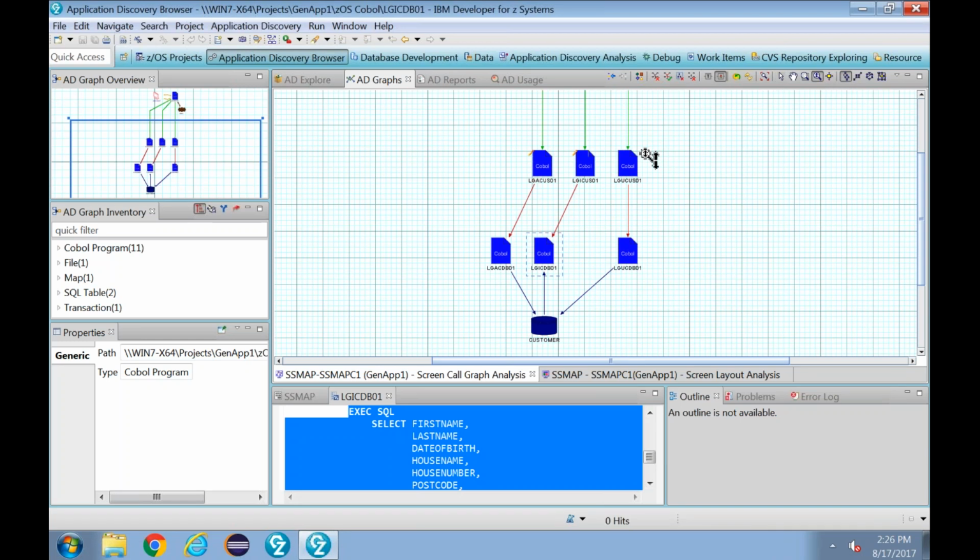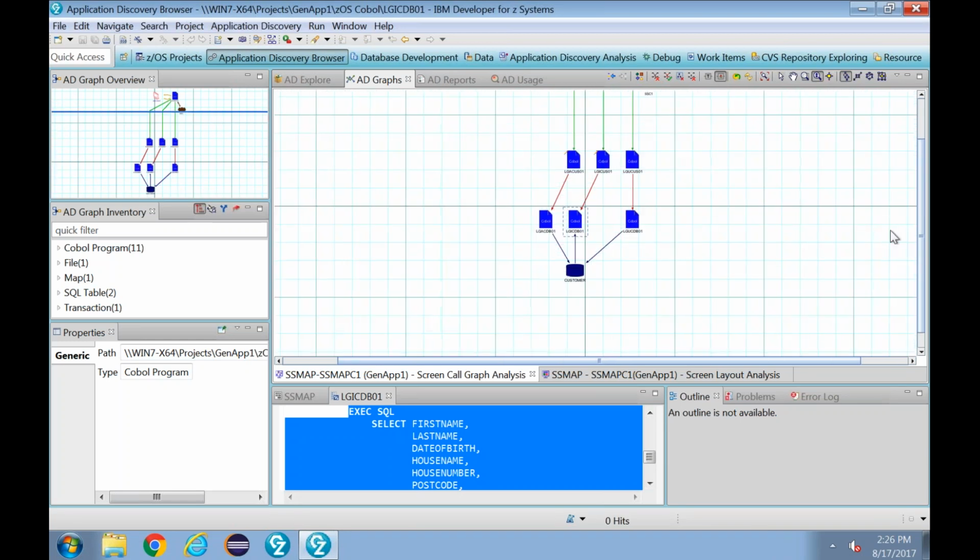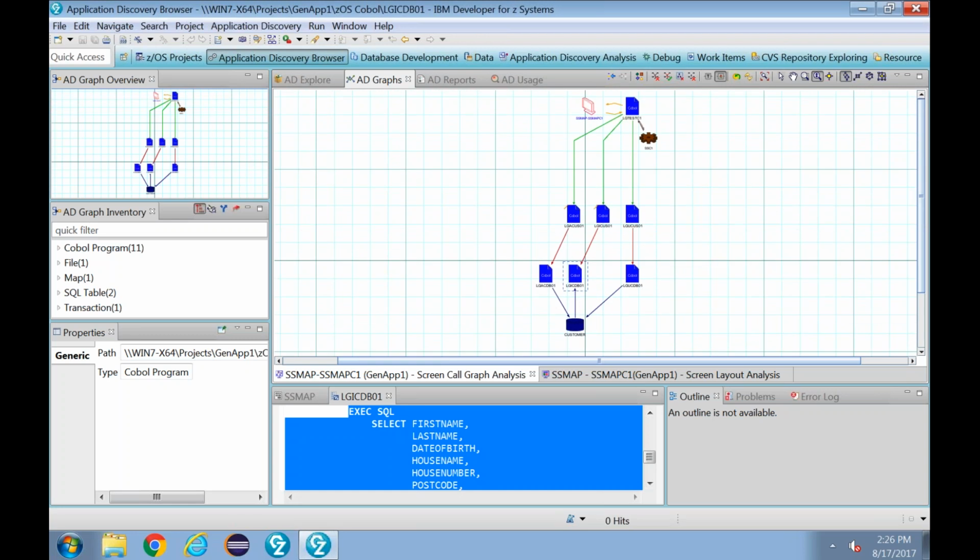And with this, what Joe can actually do is he can find out the exact flow of the customer inquiry. So with this, Joe can find out the customer table is read by LGICDB01, which is called by LGICUS01, and which is in turn called by the main driver program.